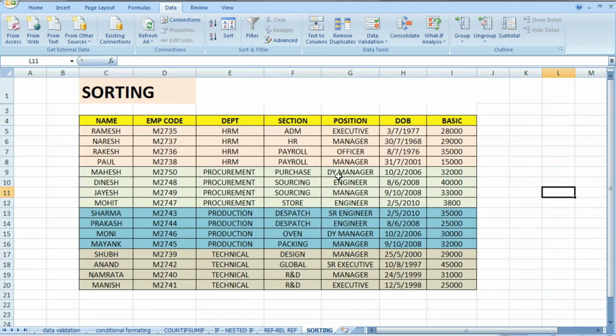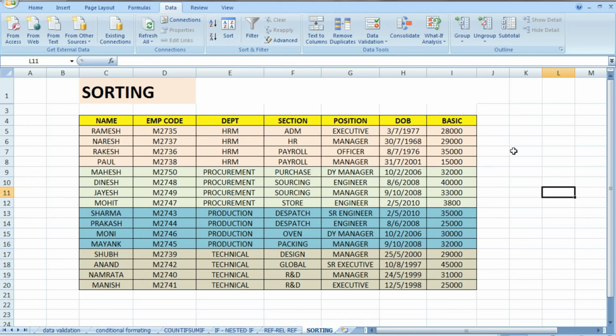Hello friends, in this exercise we will learn sorting. For this I have collected one database: name of the employee, employee code, section, department, position, date of birth and basic. Now if you see in the data, there is a sorting icon given.